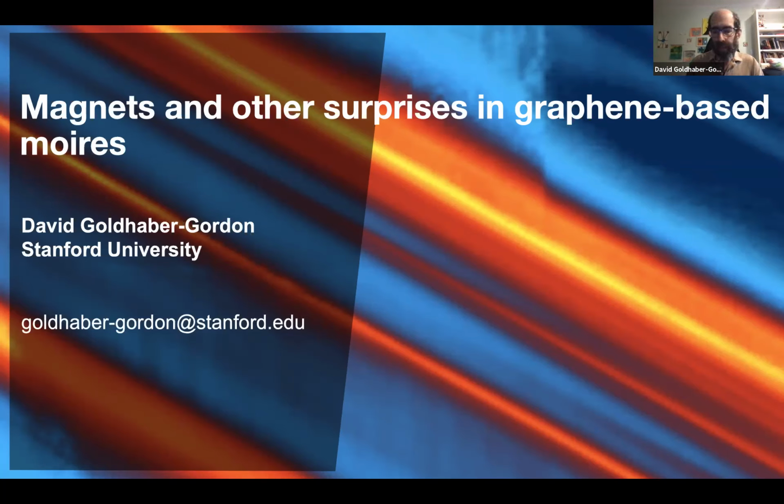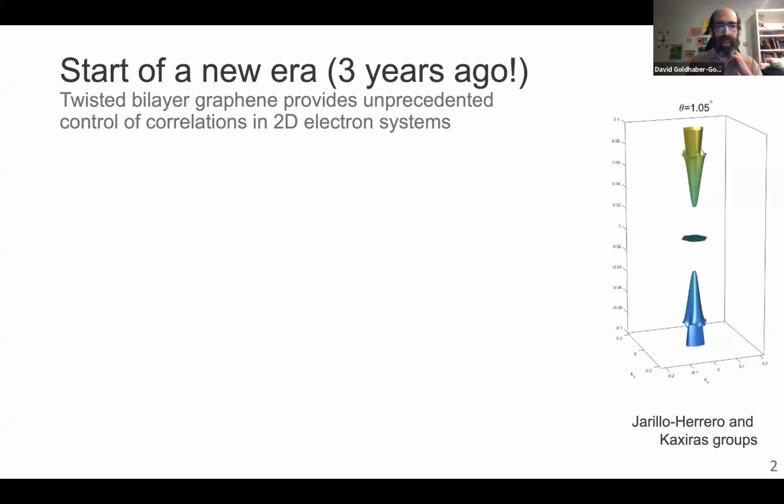So that's where we left it last time, and I told you that today would be about another attempt to reproduce now the orbital magnet. So just as a reminder, there was superconductivity and correlated insulators,